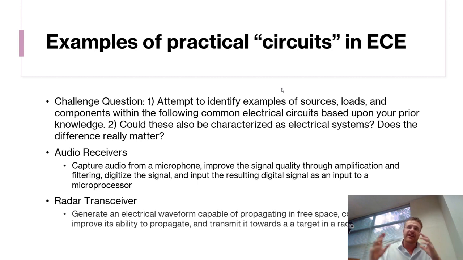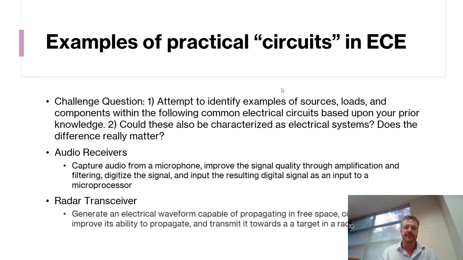So you can think of the different information sources and the power sources. How am I ever going to get this small signal to propagate a long way in space? I'm going to need to amplify it. When I get that reflection, how am I ever going to take this very small and noisy reflection and gather information out of it? I'm going to need to condition that as well. So long story short,